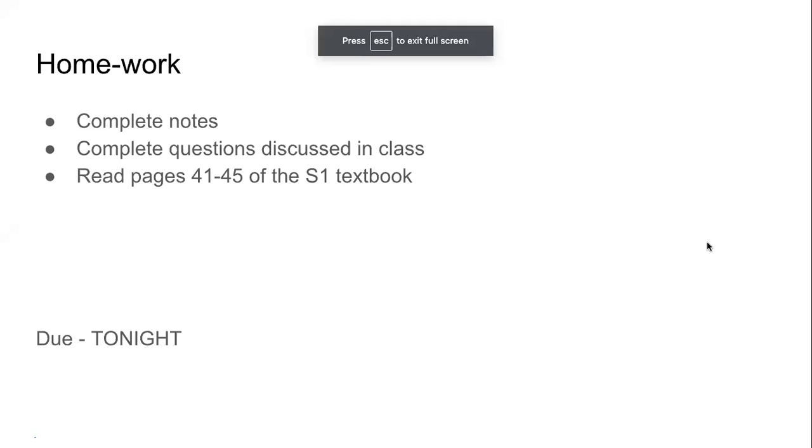So for us to be able to have that discussion, and learn from it, please do complete this homework. You will complete your notes, including adding to the list of elements and compounds. And as discussed, maybe you will add a column to that, color. You will complete the questions that we discussed in the class today, very simple questions. And you will read pages 41 to 45 of your Science 1 textbook. Do this by tonight, or before the class tomorrow in the afternoon, 3 o'clock, and we will be able to study the remaining part of the chapter, oxidation, reduction, and